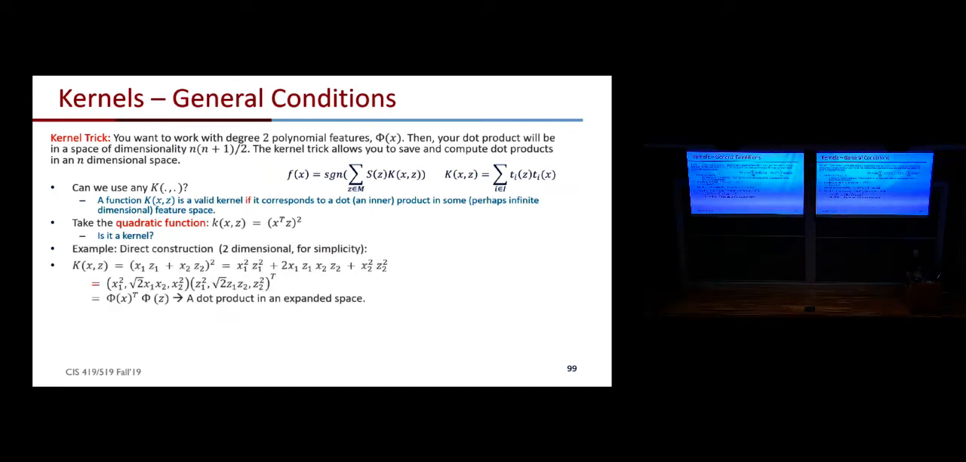Okay. I have these two representations here, right? I have the original representation x and z, and I have the blown up representation, in this case only blown up to three-dimensional space, phi of x and phi of z. And I have the choice of working in the original space, just maintaining my w,